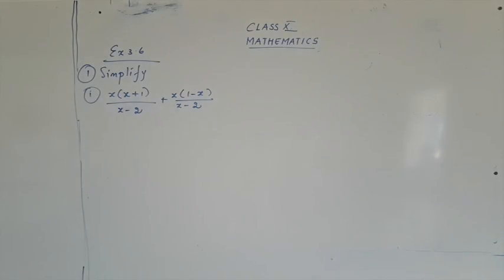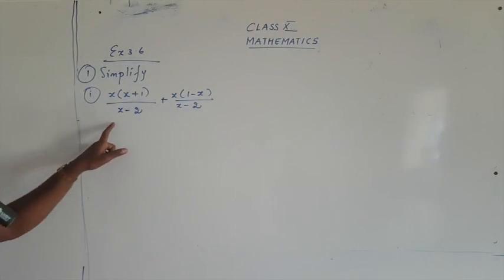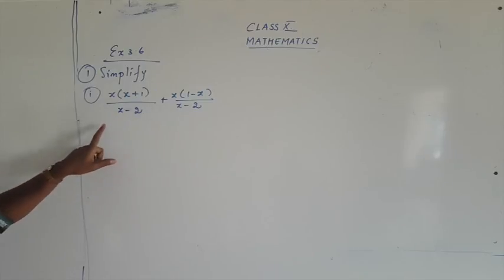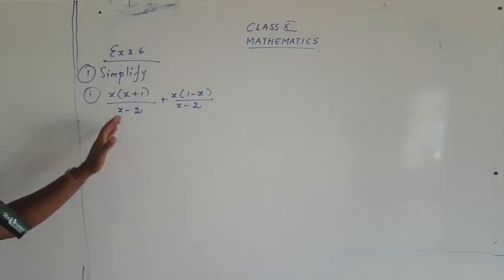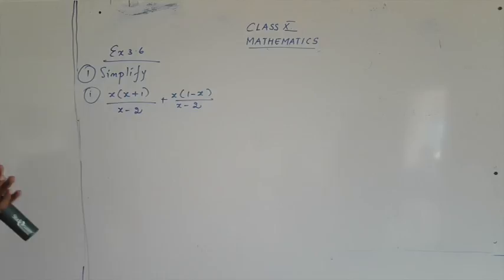Before we started our exercise, I told you that today we are going to deal with two types of expressions. That is, you're going to add or subtract the rational expressions with like denominators or unlike denominators. Now here, just check the denominator part. We have the same denominator. So what are we going to do? We are going to deal with like denominators. So now let's see how to go with the steps.